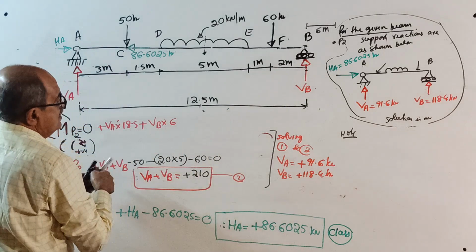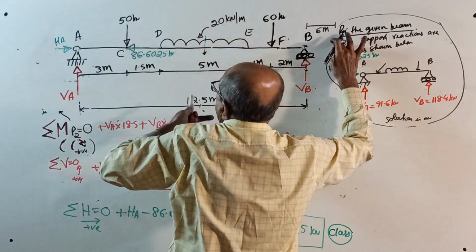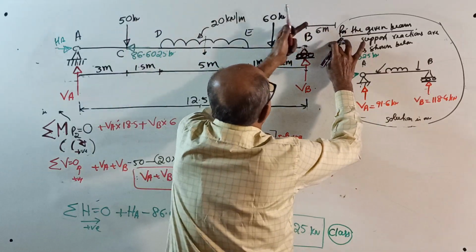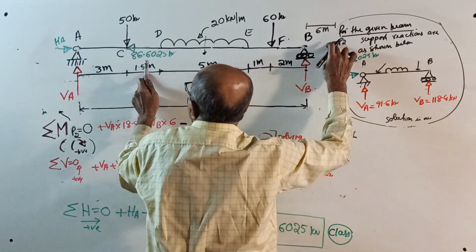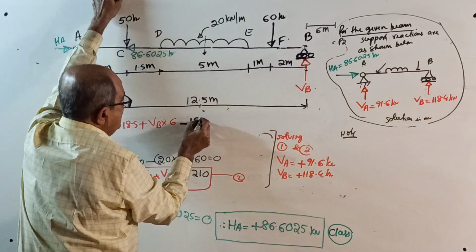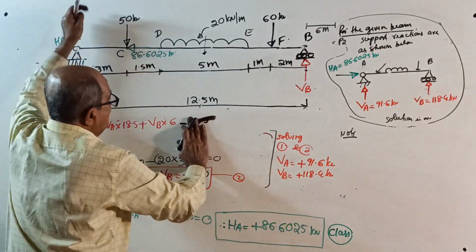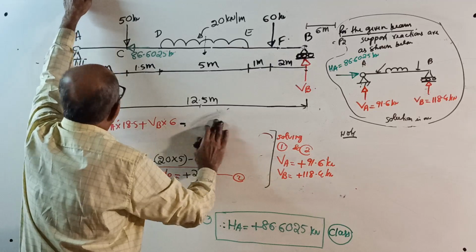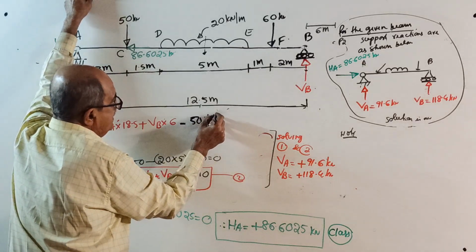Now minus here 50 into 6 plus 2, 8 plus 1, 9, 9 plus 5, 14, 14 plus 1.5, 15.5. I forgot to write load only. Minus 50 into 15.5